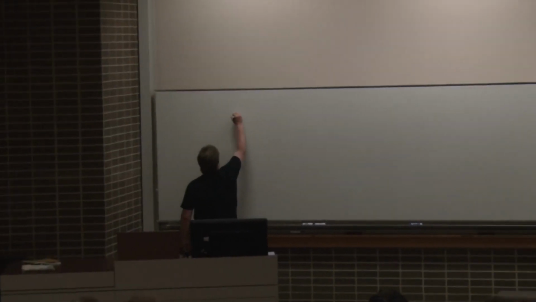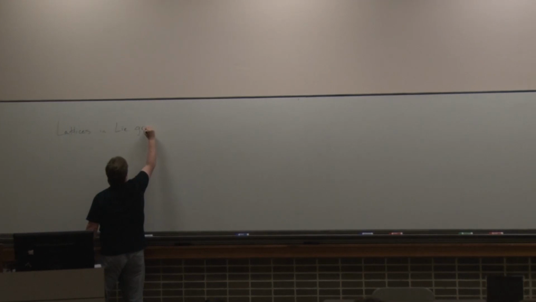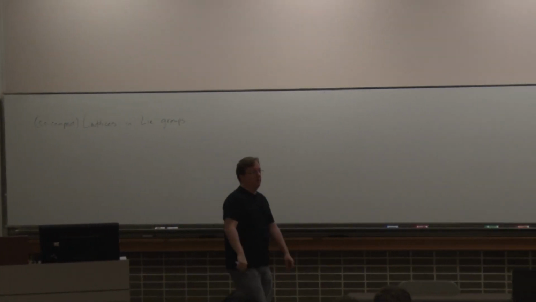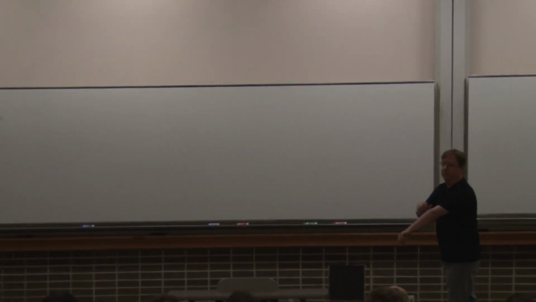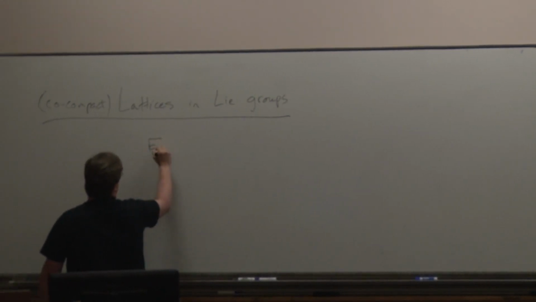So, in particular, I want to talk about lattices and Lie groups. I really mean co-compact discrete subgroups. Finite volume lattices are similar, but they have their own complications. I'm going to stick to this simpler example. And examples,